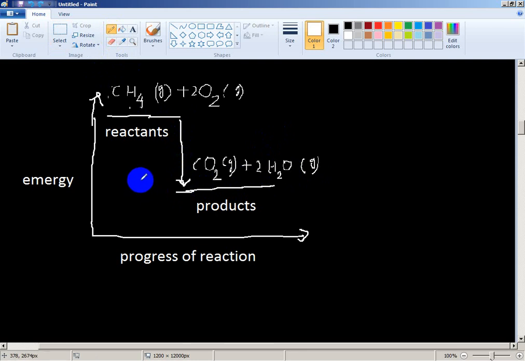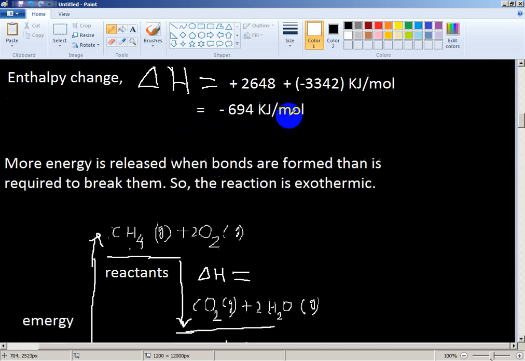Here delta H is negative, you write delta H. Delta H is negative, minus 694